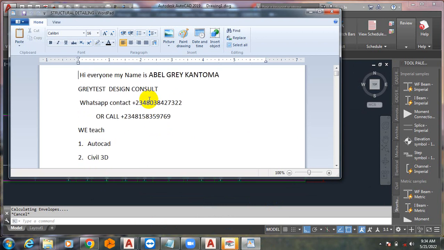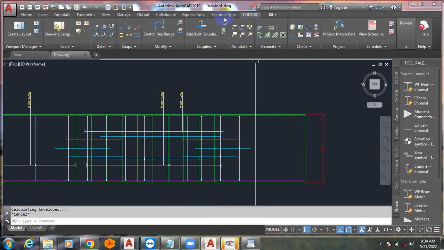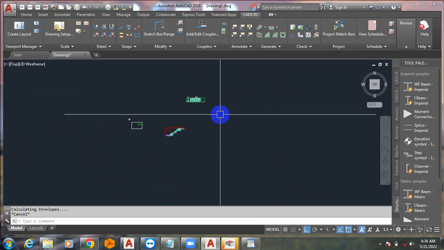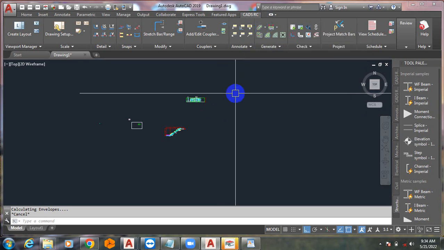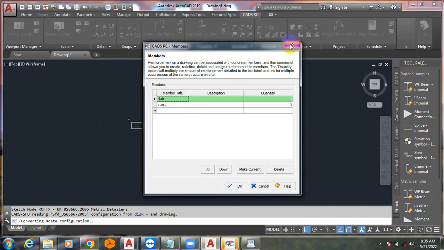Today I'm very much excited. I'm going to be showing you this great plugin that I have discovered called Cads Rc. This Cads Rc is a plugin that you actually use on your AutoCAD software. My AutoCAD is 2019, and I have the Cads Rc 2019 plugin in my AutoCAD. It can generate automatic detailing for you for any structural member that you want to use. So today I'm going to quickly show you how to do your detailing with your Cads Rc,